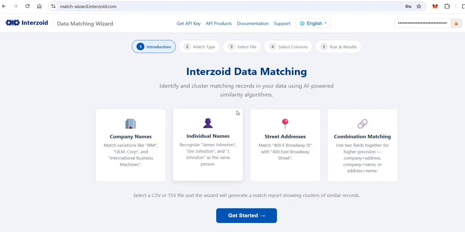As you can see here, there are different types of matches that you can do. You can match data based on various company name algorithms, individual names, like James, Jim, Bob, Robert, and all these various nicknames, street addresses and the common inconsistencies that exist there, or you can match data on multiple fields, combination matching, such as is the company name and individual name similar, or is the individual name and street address similar, potentially signifying a match. So here we are at Match Wizard,